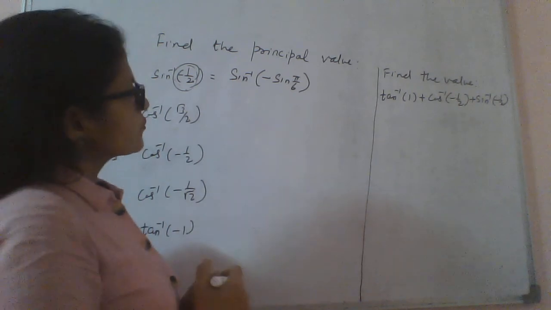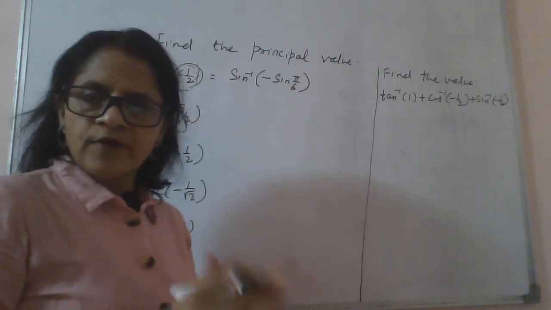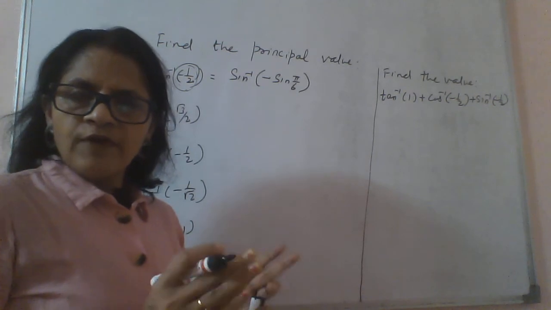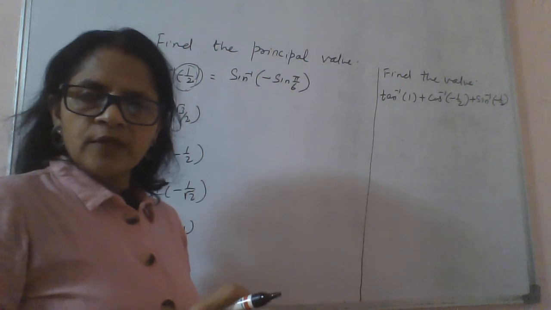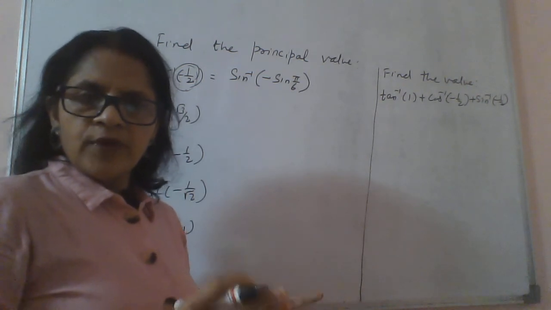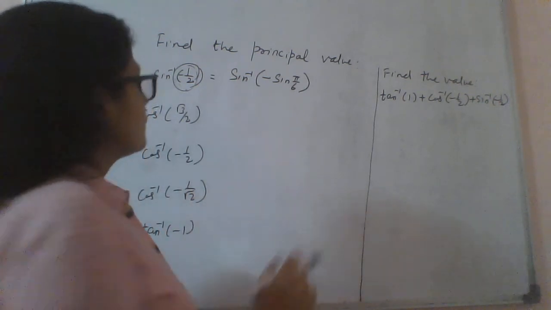And also we know we have to keep the value whenever you see sine inverse. The principal value branch is what? This is the closed interval minus pi by 2 to pi by 2. So we cannot take any value randomly. We have to restrict the value between minus pi by 2 and pi by 2.